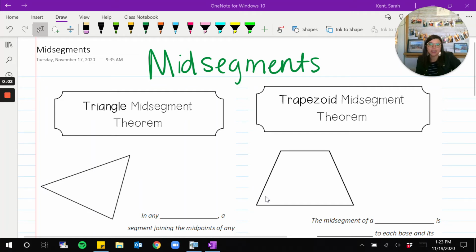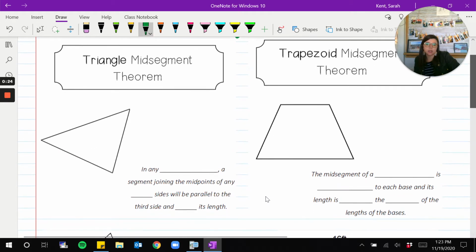Today we are looking at mid-segments. So we're looking at two shapes. We're still going to look at triangles, but we're also going to look at a trapezoid. So first we'll look at the triangle, then we'll come back to a trapezoid. So our mid-segment